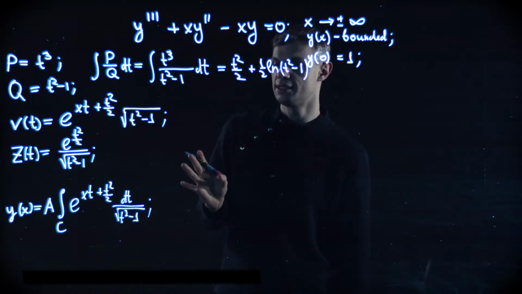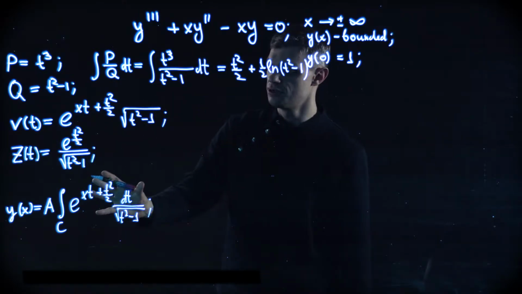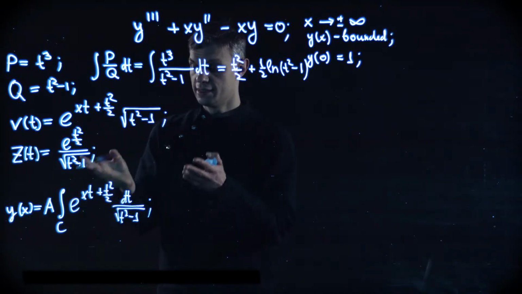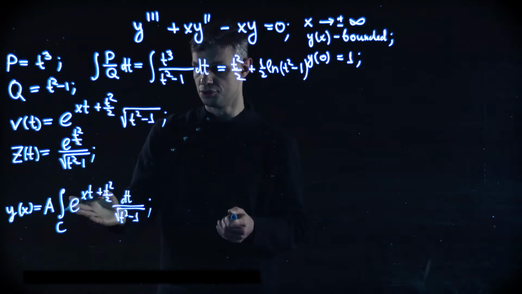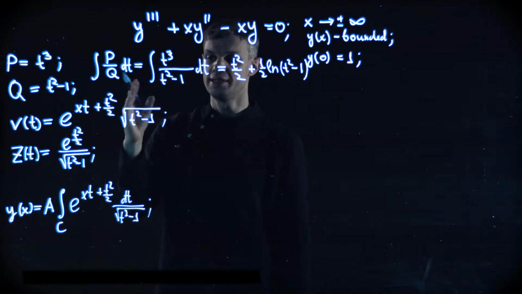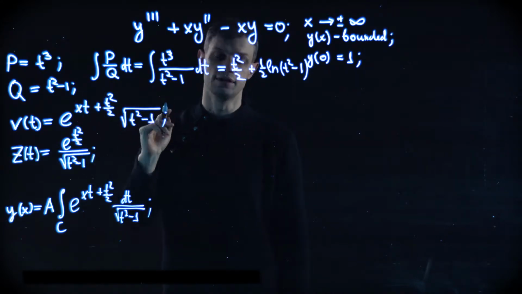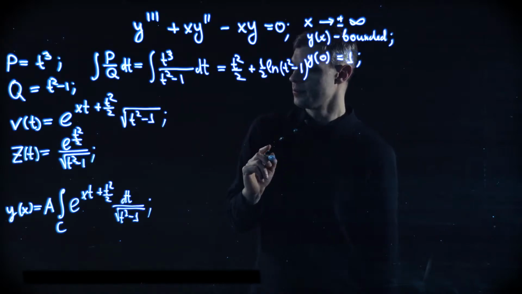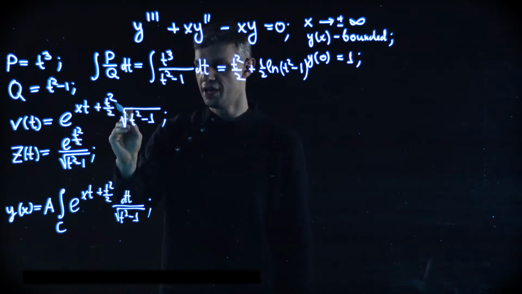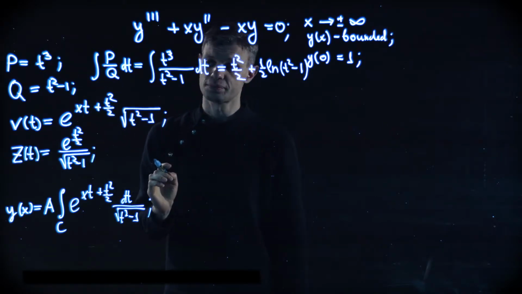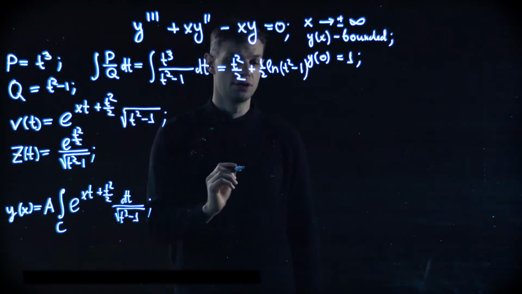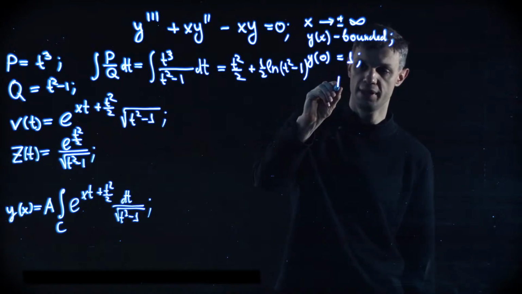And now we need to explore the behavior of the solution, namely its asymptotics at positive and negative x. And to this end, we need to choose the contour. As you remember, the contour should be chosen in such a way that v function assumes identical values at the end of this contour. Right, so you see again, as before, we have this t squared over 2 factor in our exponential function. And at large t, it dominates over xt term. Right, so that means